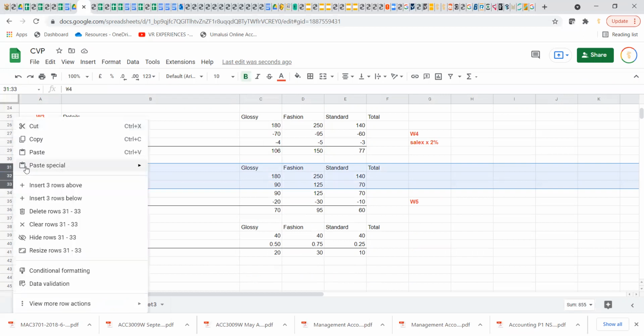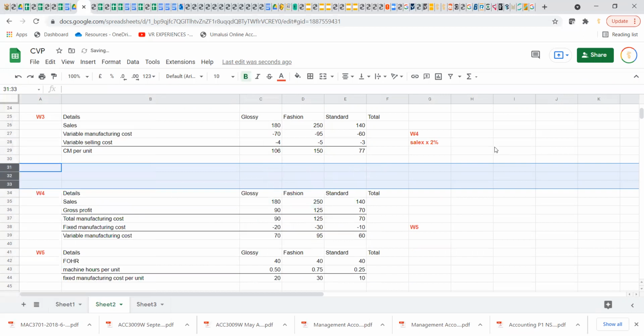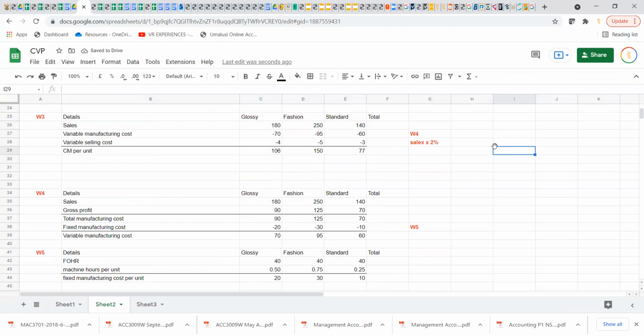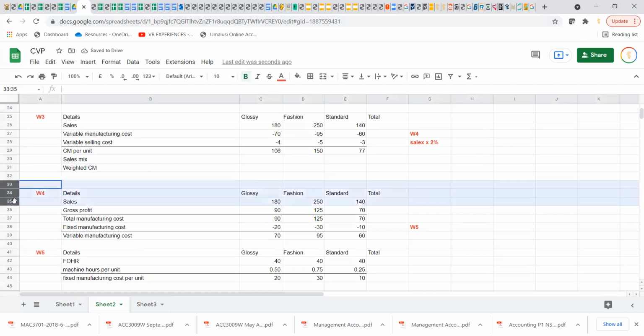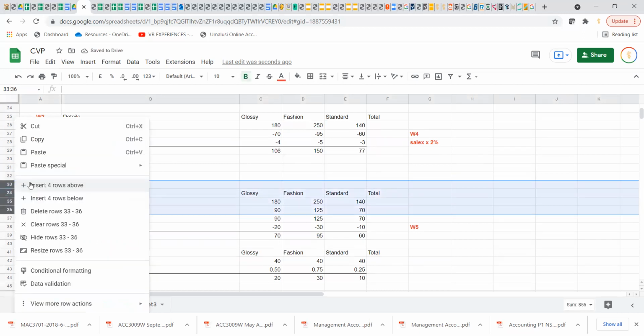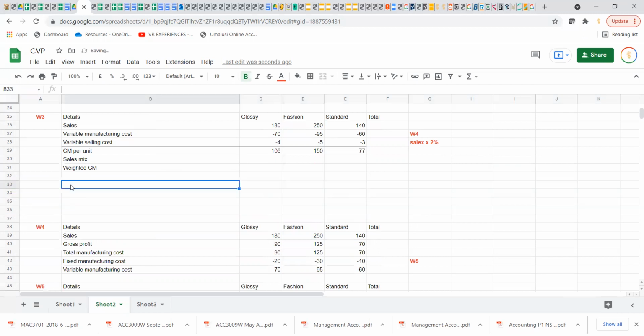Now, we don't want the contribution margin per unit. We want the weighted contribution margin per unit. So the way we do that, we work out a sales mix. So we're going to say sales mix, and then weighted contribution margin. Now to get the sales mix,